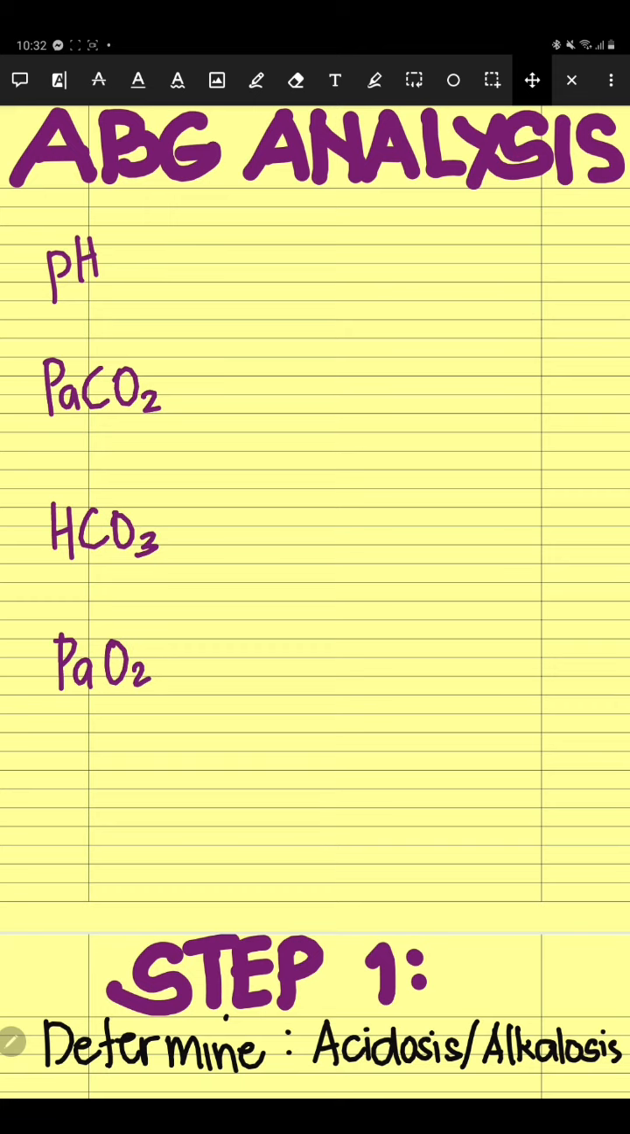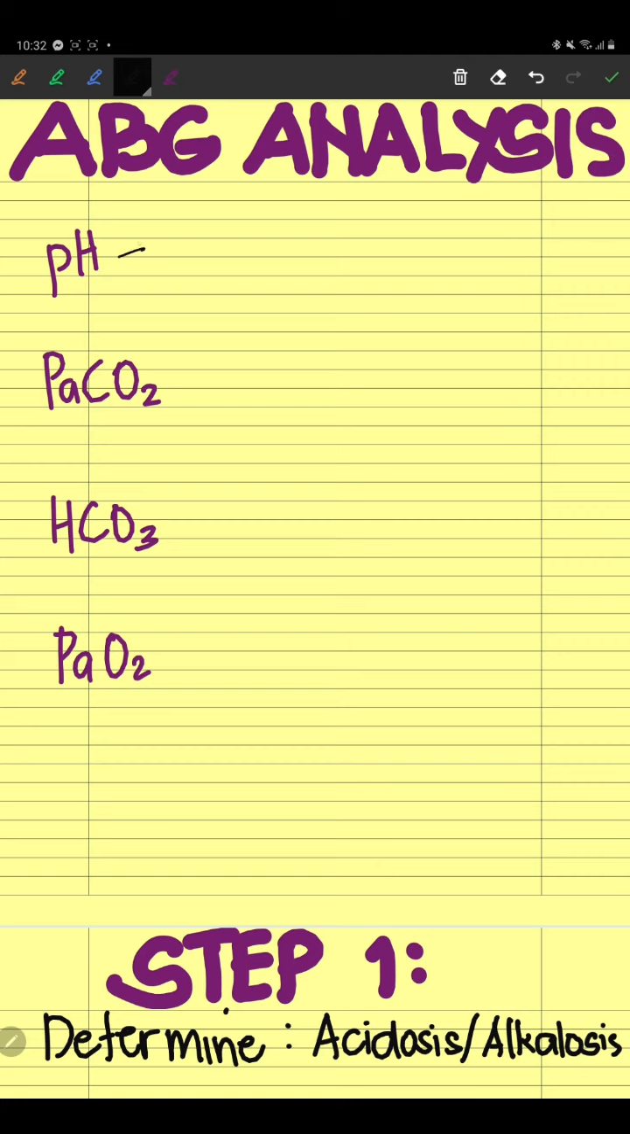So let's start first with your pH. Take note that in the case of your pH, this will now determine whether the blood is acidic or basic. Basic would either mean alkalotic. So the pH will ultimately determine kung merong acidosis or alkalosis ang pasyente natin. Next, before that, what is the normal range of your pH? The normal range of your pH is 7.35 to